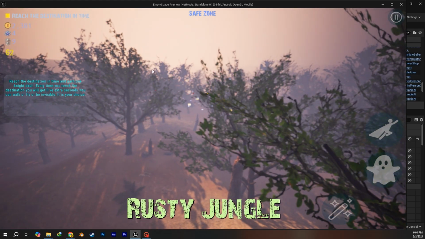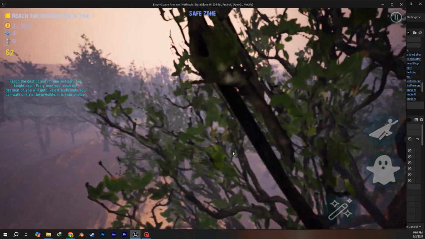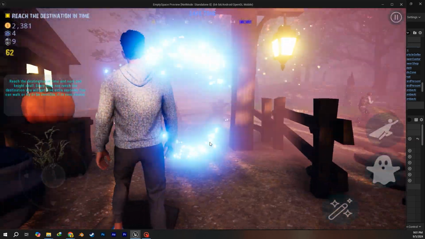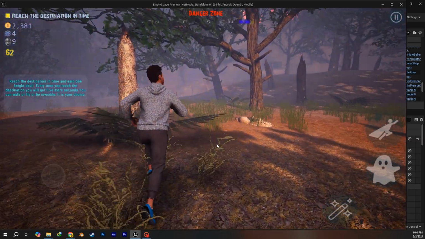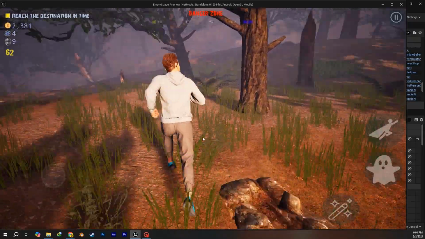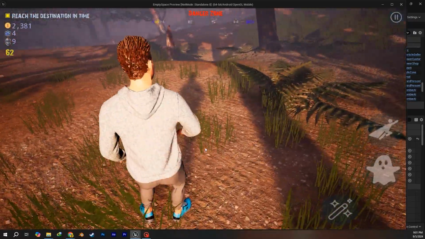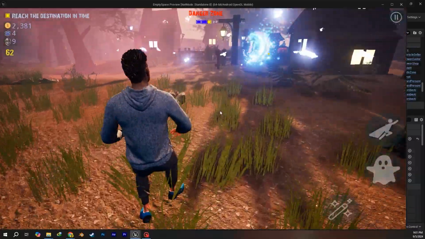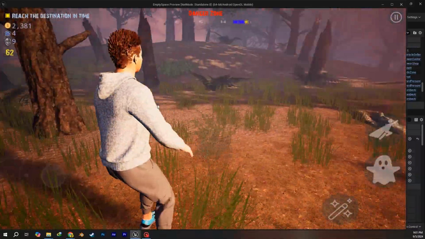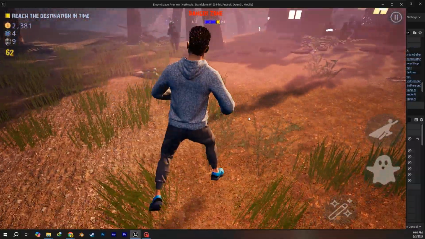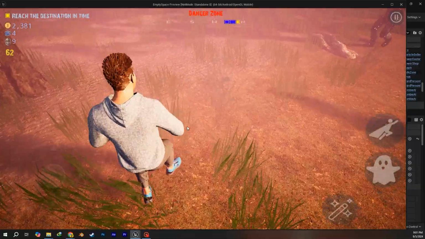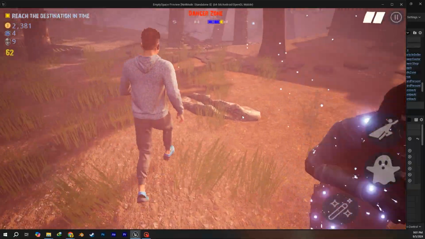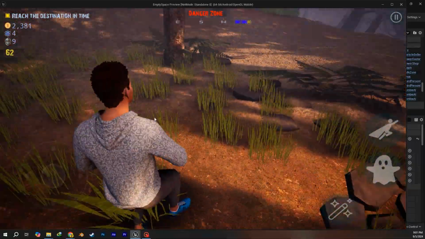Hello there, in this episode we're going to be talking about how to interact with grass with our character in our Android game. As you can understand, the renderer in the Android game is ES3.1, which is DirectX. It's not DirectX, it's OpenGL. OpenGL is pretty old. As you can see, we go towards the grass and they just move away from the